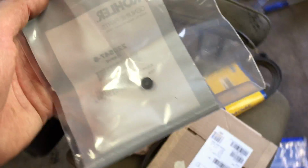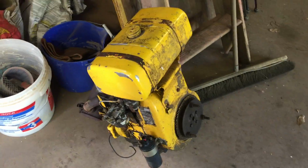I don't really want to throw it on the floor. There's a steering column, upper steering column bearing. There's a sleeve. This is for the metal gas line. This 10-horse engine actually has a rubber hose on it, so I'm probably going to end up using that. But the 12-horse that was in this does not. It has the steel line, and I kind of want to reuse that because it looks better